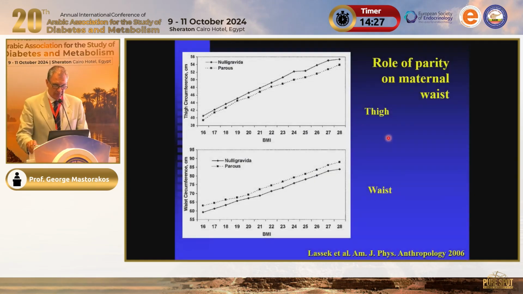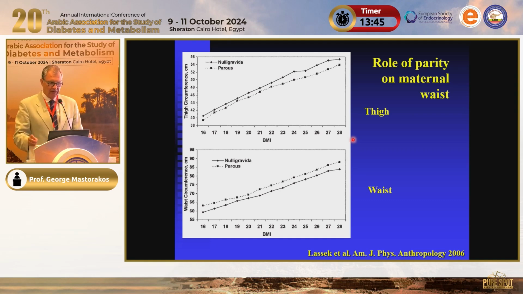This is a beautiful cartoon coming out of data for more than 150,000 women from the NHANES epidemiological studies in the United States, which is very interesting. The continuous line represents the nulligravida women, women that never had a pregnancy. And the spotted line represents women who had at least one pregnancy. And you see, independently or even taking into consideration the increase of the BMI, because as you can see here, we start with BMI 16 and go up to BMI 28 for these post-pregnancy or non-pregnant women,